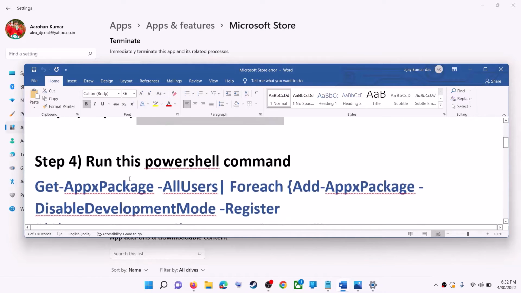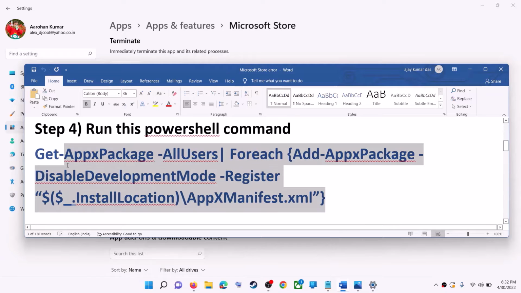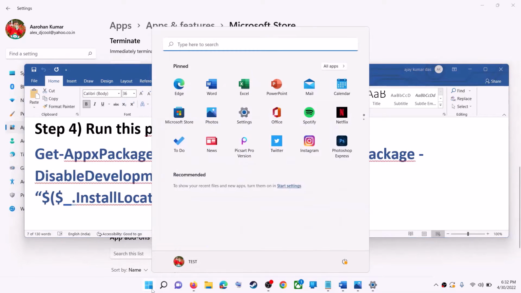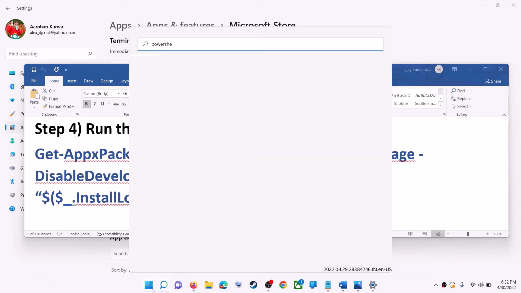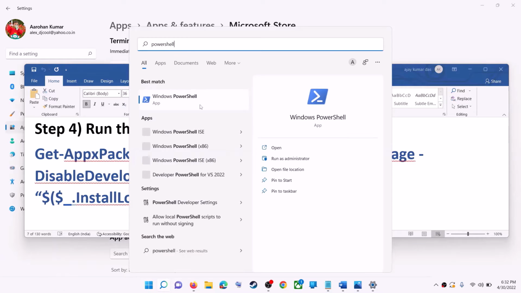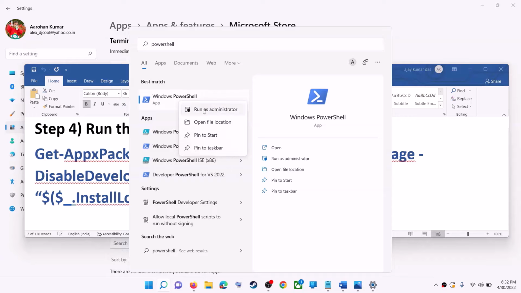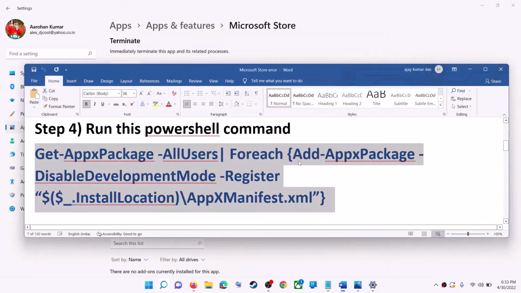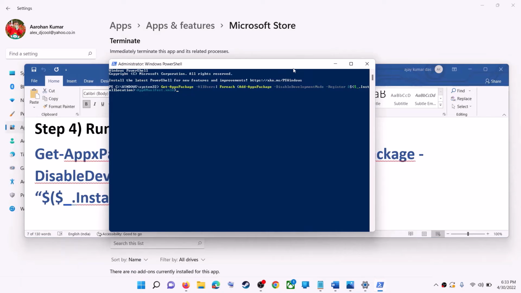But if you're still receiving the error message, then run this command. This command is provided in the video description, so copy it. Now type in PowerShell in the Windows search box and then right click on Windows PowerShell and then click on Run as Administrator. Make sure that you're opening PowerShell as an administrator. Click on Yes to allow. Now paste the command over here, hit the Enter key